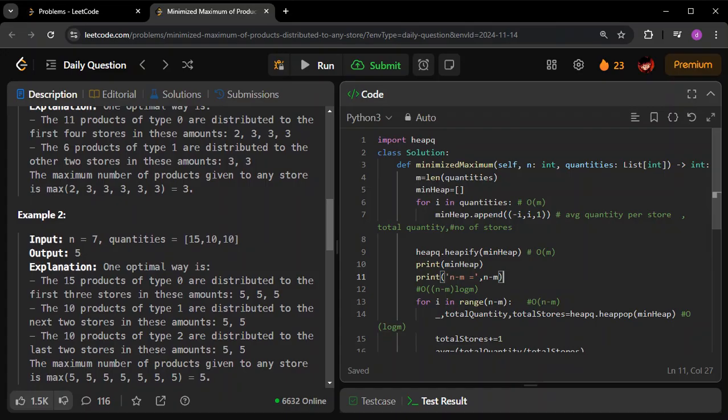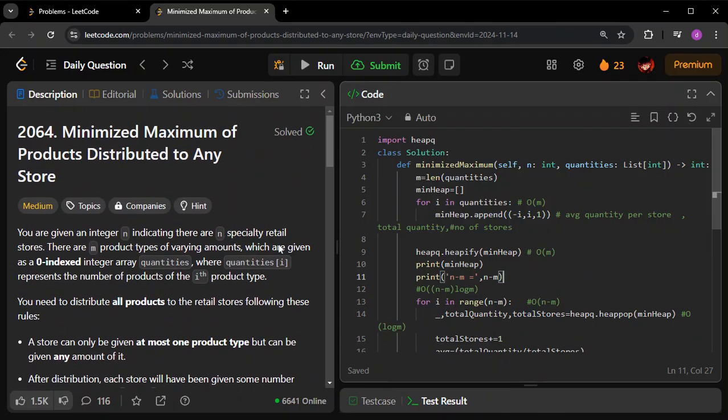That is what can happen in an interview that I can think of. Because here there is not much to explore, there is not much for an interviewer to check in a candidate. So I don't suggest this kind of problem if you're preparing for an interview, because these are not the right kind of questions to test the coding knowledge of a student. But since this came in the daily LeetCode challenge, I'm just teaching you the way in which LeetCode expects you to solve this kind of question.